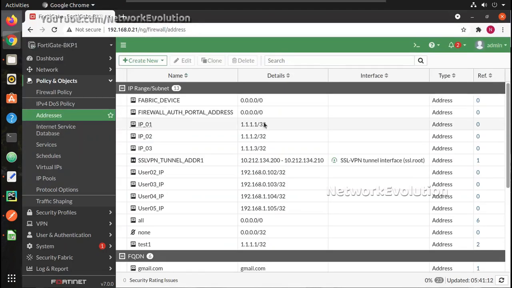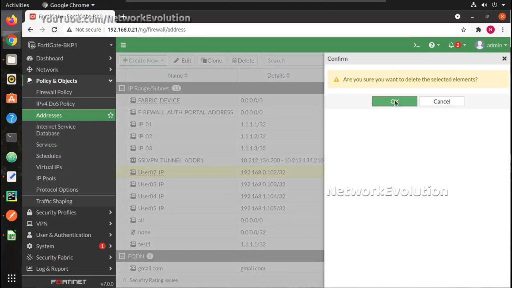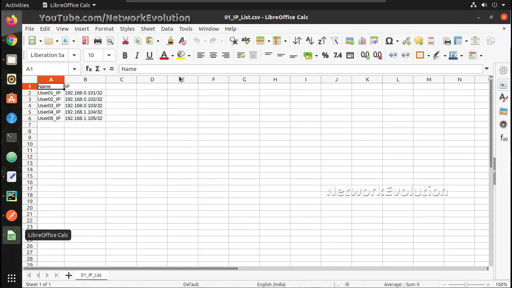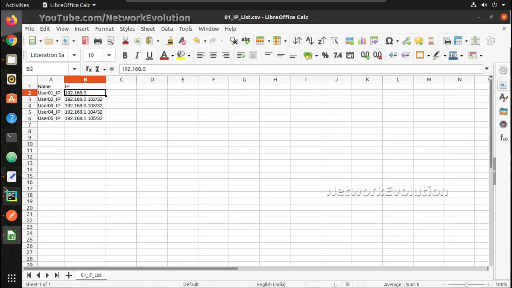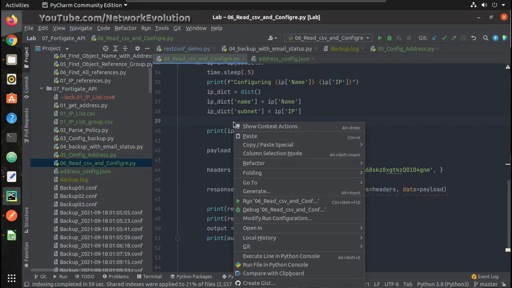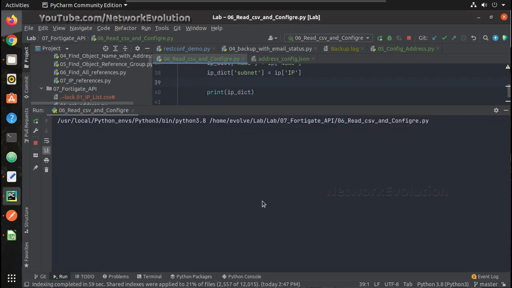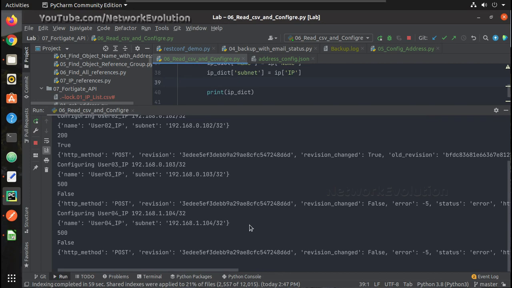Now let me make some error in the configuration in the CSV file. Here I will give a wrong IP. Now if I run it,